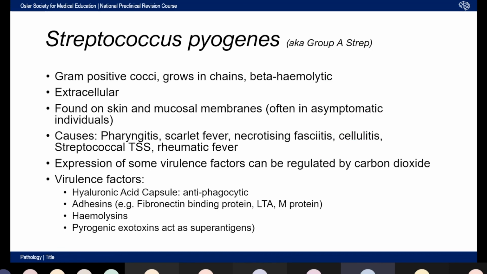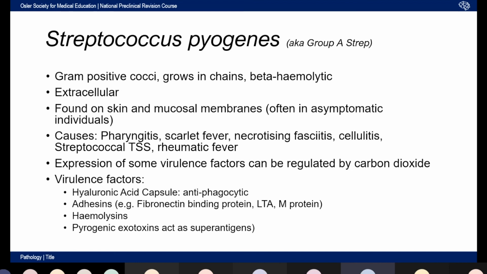So then strep pyogenes, this is group A strep. If you remember, the group A comes from the Lancefield classification, based on the polysaccharides expressed on the streptococcal surface. This is also a gram-positive cocci, grows in chains, but it's beta hemolytic. It's an extracellular pathogen. It's found on skin and mucosal membranes, often in asymptomatic individuals, and it can cause pharyngitis, scarlet fever, necrotizing fasciitis, so that's a sort of flesh-eating bacteria that kills the skin, causes quite nasty